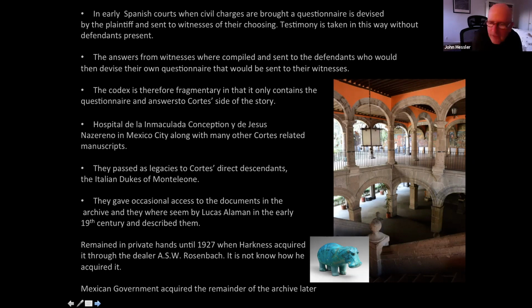Now, the manuscript itself has a complicated provenance. It was kept in the Hospital of the Immaculate Conception in Mexico City, along with lots of other Cortez manuscripts that were kept there for many, many years. They passed as legacies to Cortez's direct descendants, who are the Italian Dukes of Monteleone. The Dukes kept the documents in the hospital, in the convent, basically, of the Immaculate Conception, and would occasionally give access to those documents as an archive. They were seen by a Mexican historian, Lucas Alamán, in the early 19th century, and he described many of them. And they remained in those hands until 1927,